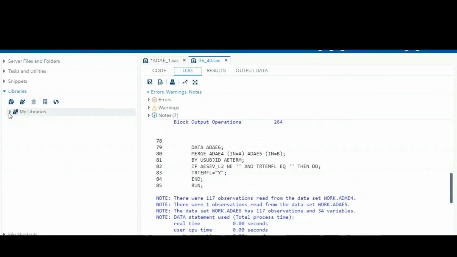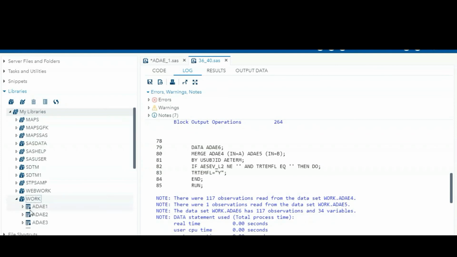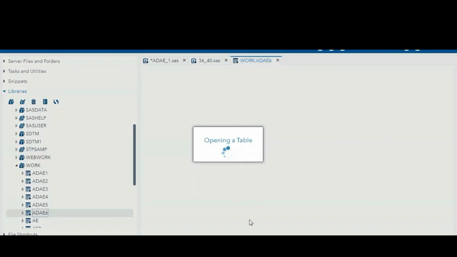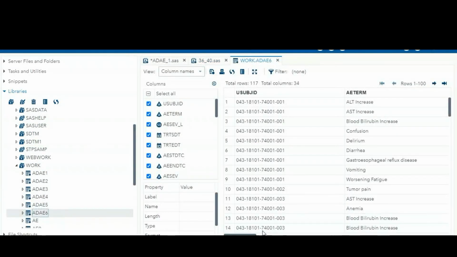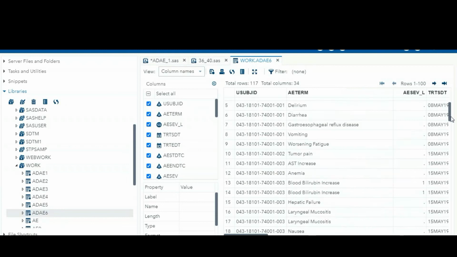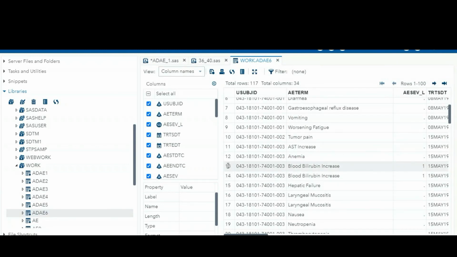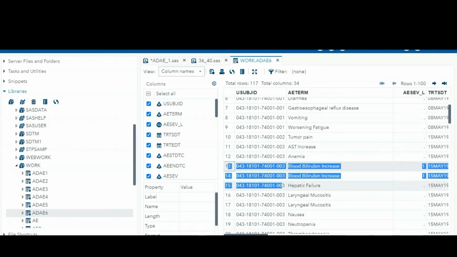So now in ADAE6, we need to check whether that adverse event is populated or not. So subject number 3, this case. Subject number 3, this adverse event. These are the 2 adverse events, right?